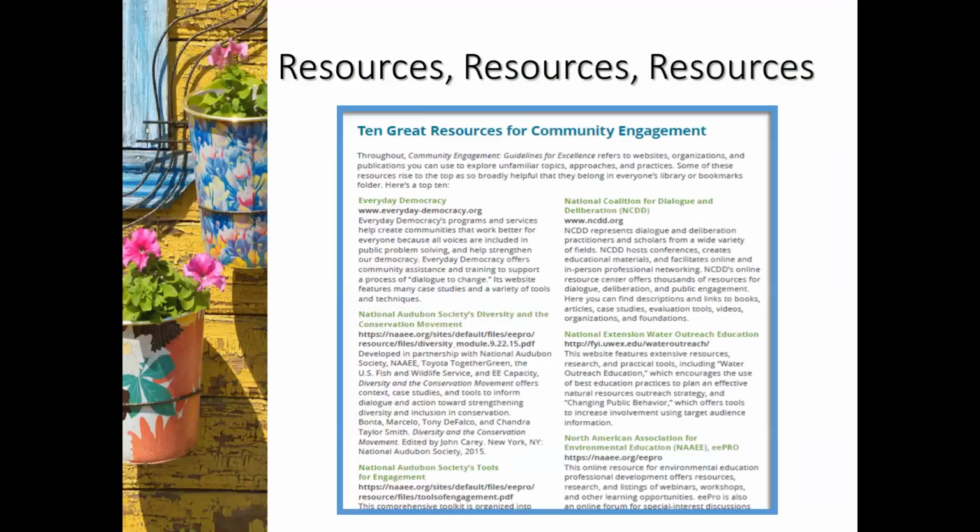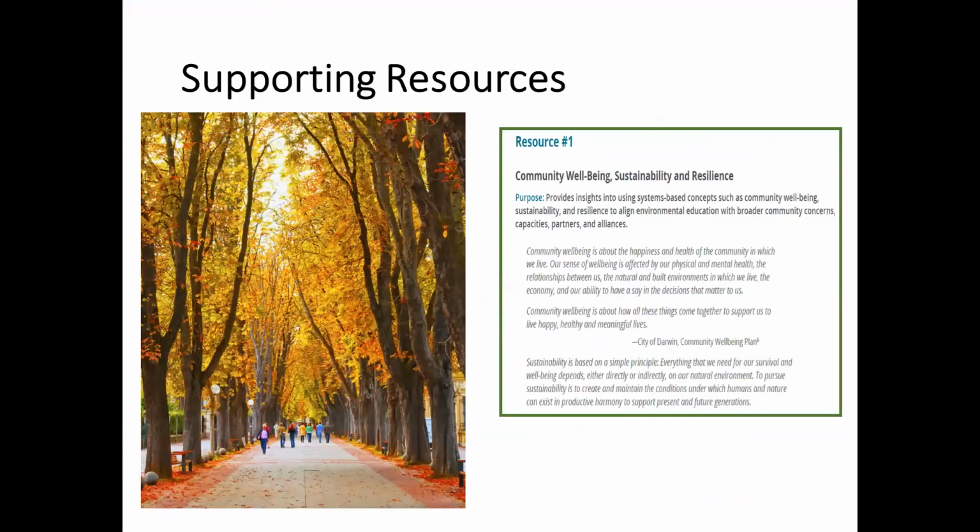One of the other things is that we've tried to provide references throughout so that you have a place to jump off from, to dig deeper into the guidelines. And finally, we've included a series of what we call supporting resources that provide an overview or background information, sometimes a step-by-step guide to key ideas introduced in the guidelines.